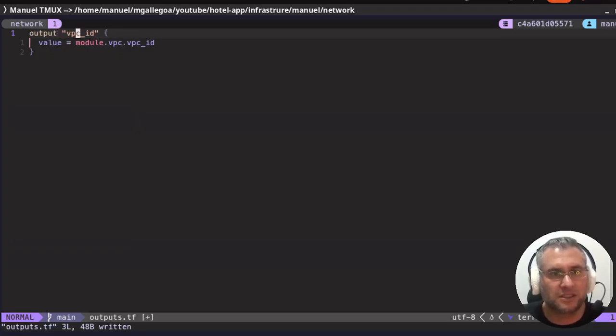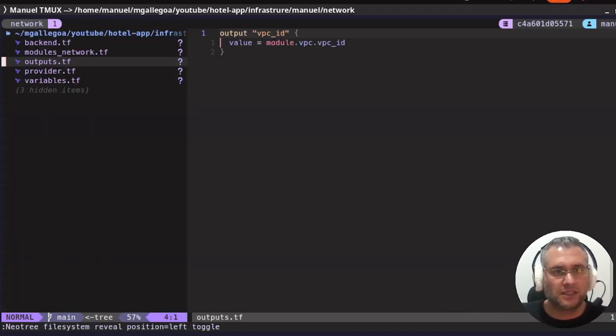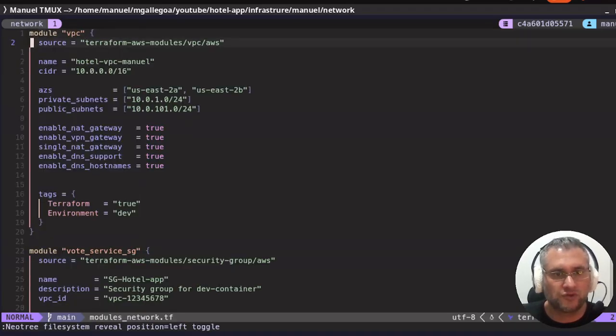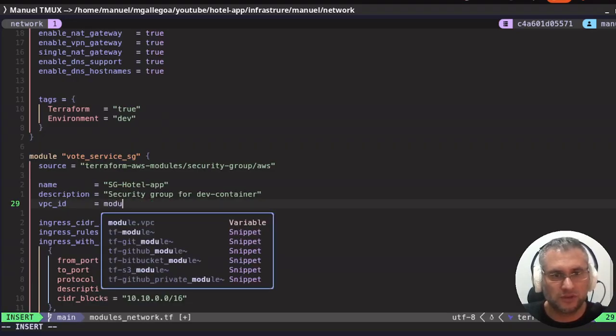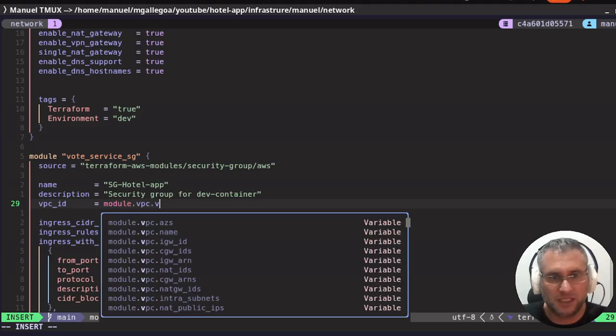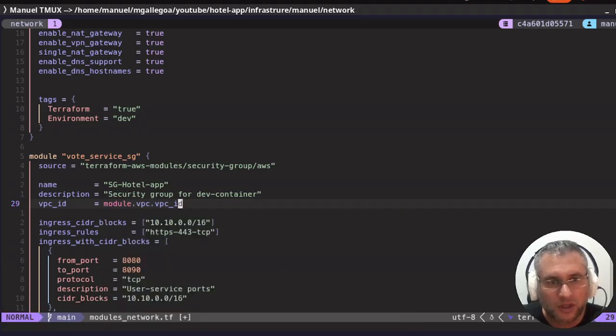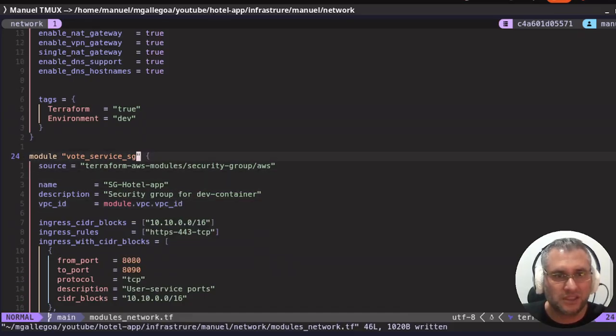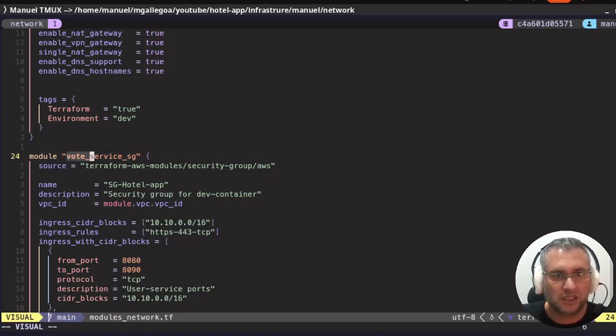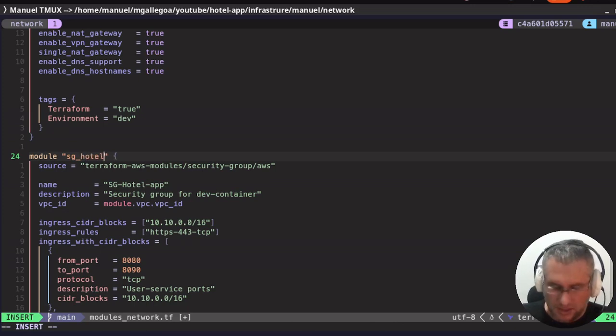VPC, okay, change to VPC ID, and let's go back to the network modules to continue editing the security group. Let's change to module.vpc.vpc-id. Okay, let's save, and I'm going to change the name for this module. I'm going to change to security group hotel app,